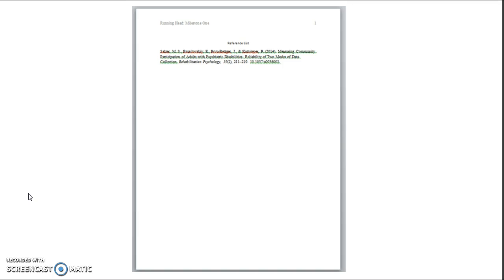Make sure that it's on its own page by adding a page break, title it, and add your references in. Anything that you have cited in your narrative must be here. There are incredibly nitpicky rules about how things have to be listed, and it varies depending on exactly what you're citing. An article will look different from a book, and a book will look different from a website. See your APA manual for specific instructions or check out the Purdue OWL website for a quick overview.